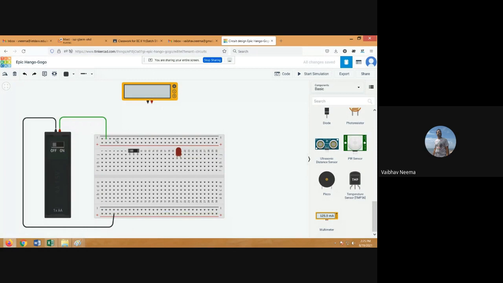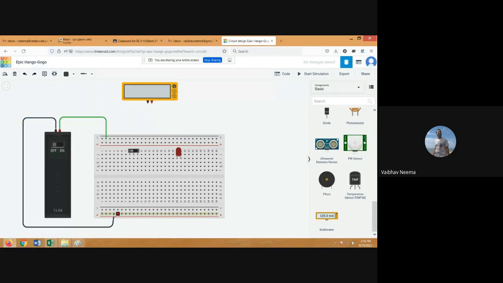Is that clear? You can see that if I select any of these connection nodes, it shows the green color. The green color means they are shorted. Short means what? They have the same potential. So you choose either this connection or this one. They have the same potential of 1.5 volts, and this potential is grounded. So this is a ground terminal.